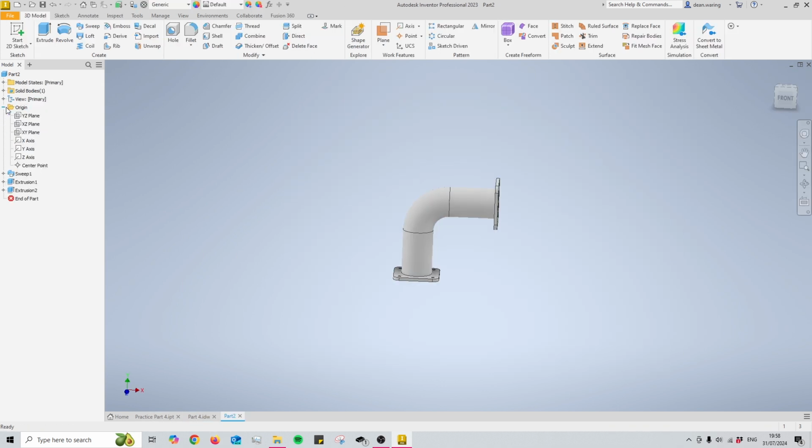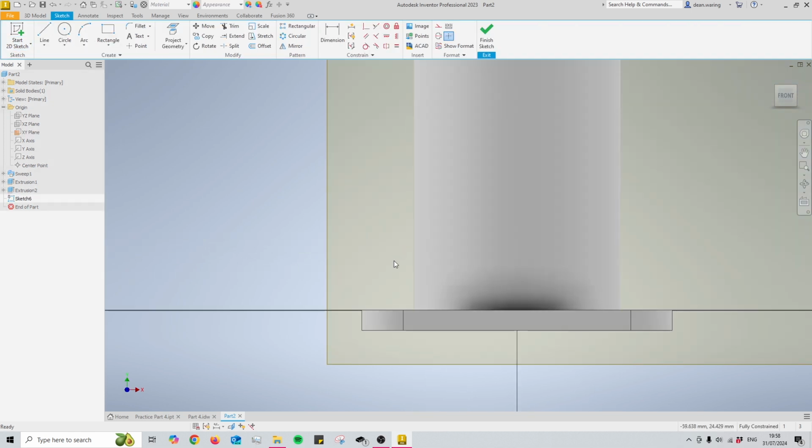So to begin doing that, we're going to open up our origin planes, and I'm going to make this XY plane visible by right clicking and pressing V. Then I'll start my sketch on that plane. Once I've done that, I'll pull out my line tool, go to the very end like it showed in the drawing, and then I'm going to press tab once again to cycle between our fields and change it to 60 degrees. Now what I would do is just draw a little bit,